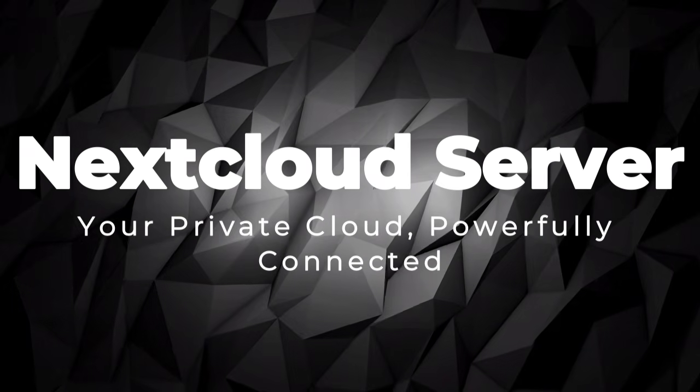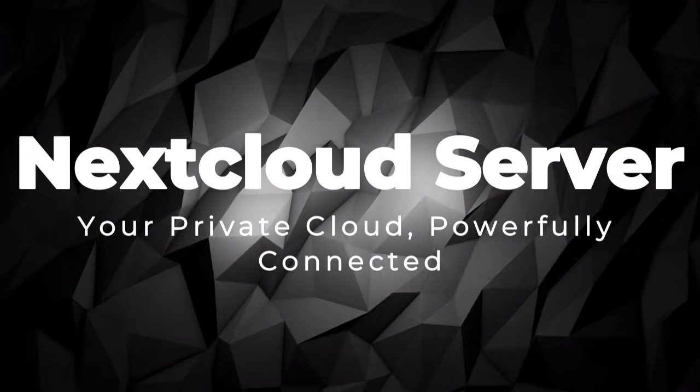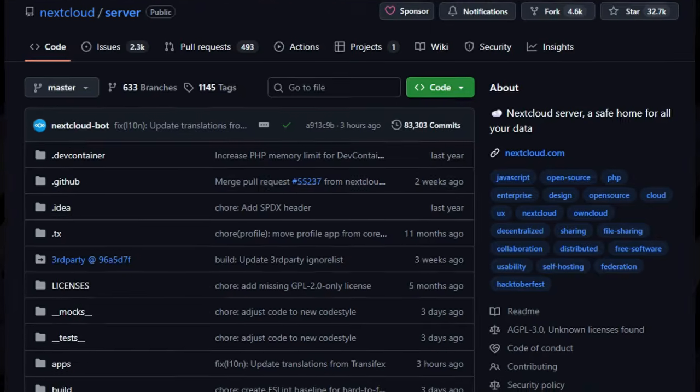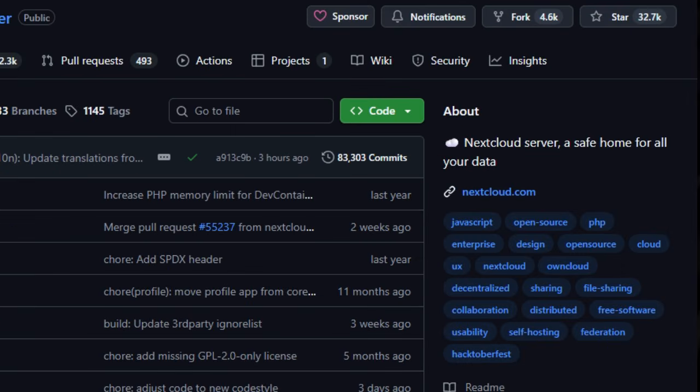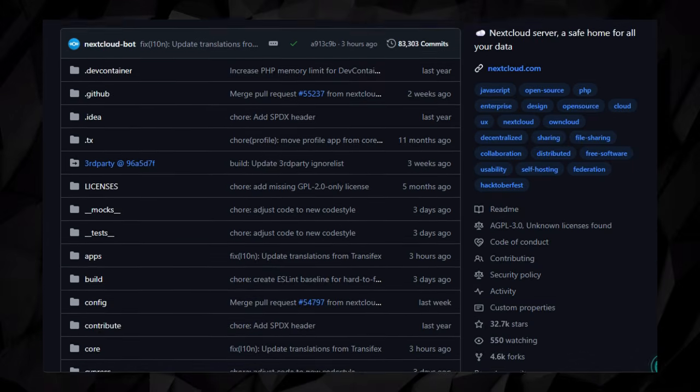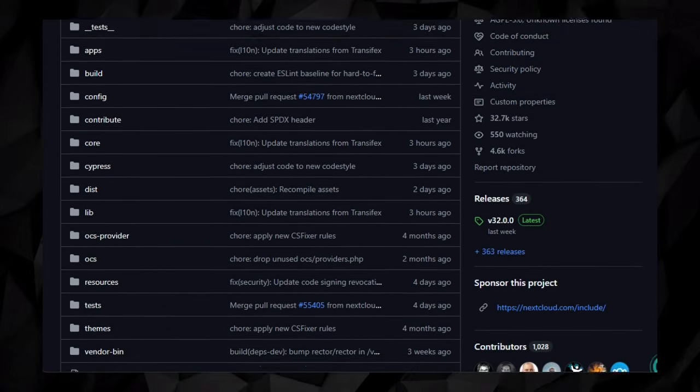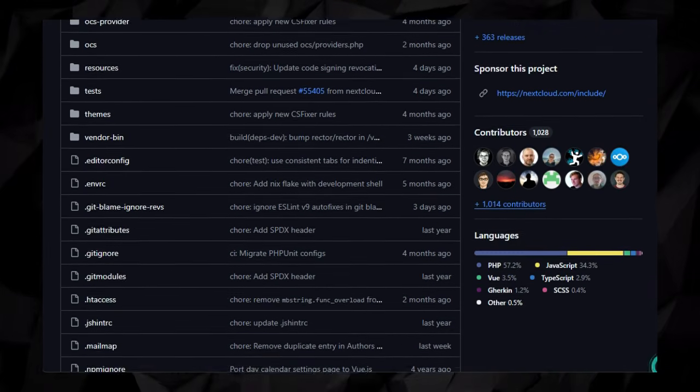Project number 5, Nextcloud Server, your private cloud, powerfully connected. Nextcloud Server is special because it gives you all the features of a cloud service: file sharing, collaboration, communication, but with total control over your data. It doesn't force you to trust someone else's infrastructure or pay for every gig you use. Instead, you host it yourself, or choose a trusted host so your files, contacts, calendars, and chats stay under your